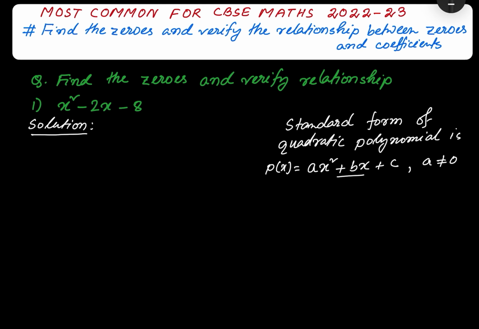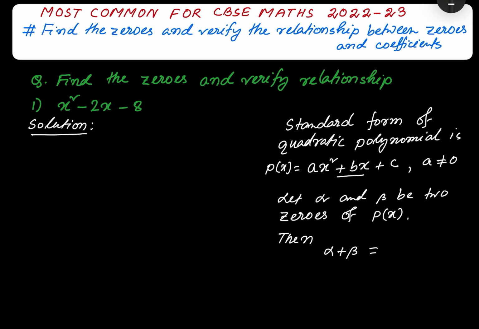So as it is a quadratic polynomial, degree is 2, so it must have two roots. Let alpha and beta be the two zeros of it, zeros of px. Then we can write alpha plus beta,